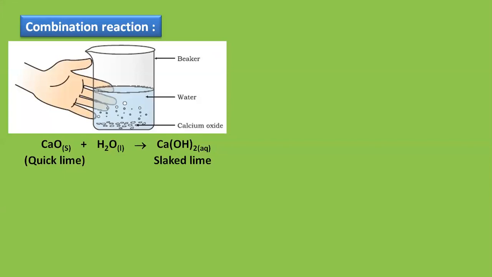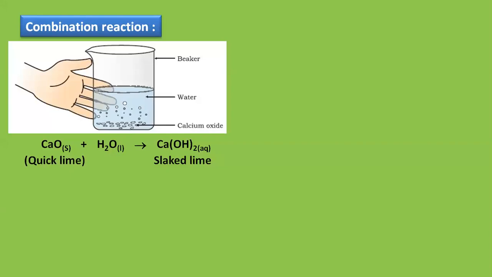Before we move ahead, we need to check whether the equation is balanced or not. So let us quickly see. How many calcium atoms do I have on the left hand side? 1. On right hand side, I want everyone to be glued to the screen now. Calcium on right hand side, it is 1. You can't divert your attention, students, otherwise you'll miss out the balancing. Once again, I'm starting for everyone to be attentive here. Calcium on left hand side is 1. Calcium on right hand side is 1.